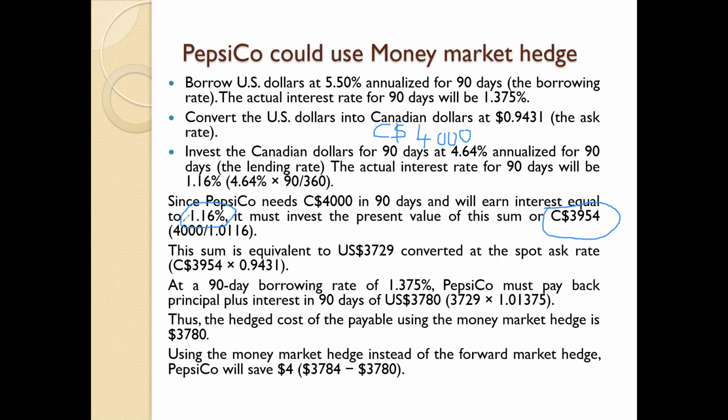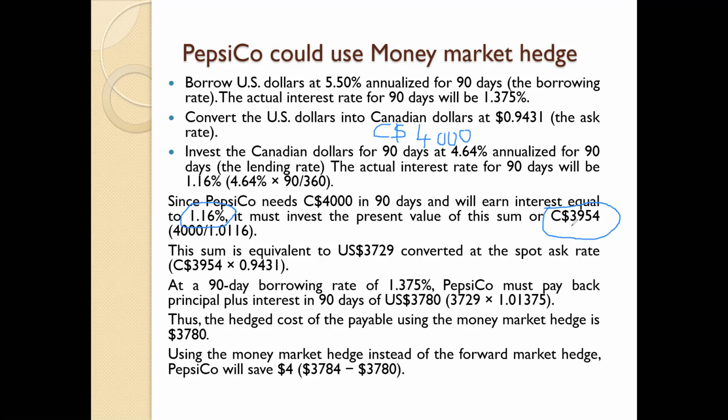The simple thing is you need to divide 4,000 by this interest factor. That means the principal amount plus the interest payment needs to equal Canadian dollar 4,000. Then we need to find out the principal amount that we need to invest into the Canadian dollar investment. So that investment is equal to Canadian dollar 3,954. Please make the calculation and see whether the answers are correct.